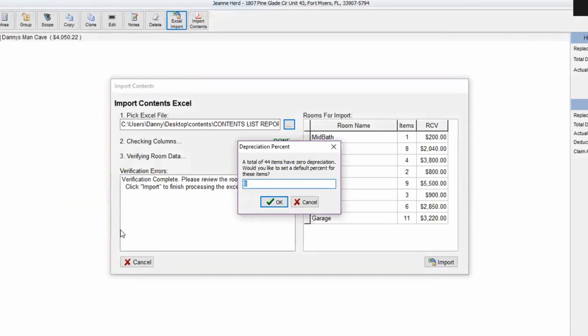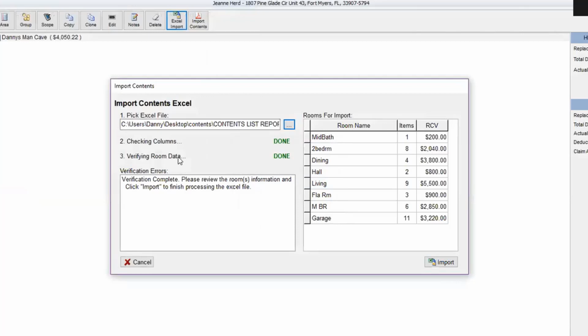Now I have the ability to actually put depreciation in. This is a group depreciation, but I want to put it in because if I forget one, I might get it kicked back. So let's say I do 15% and I click OK. Now the audit procedure will come up with a green done and done. This is the end result that you want. Now if you get an error,